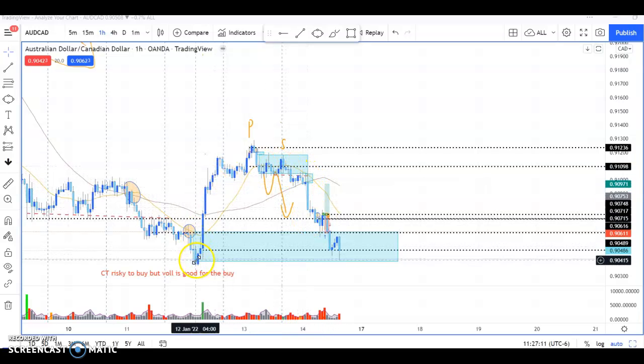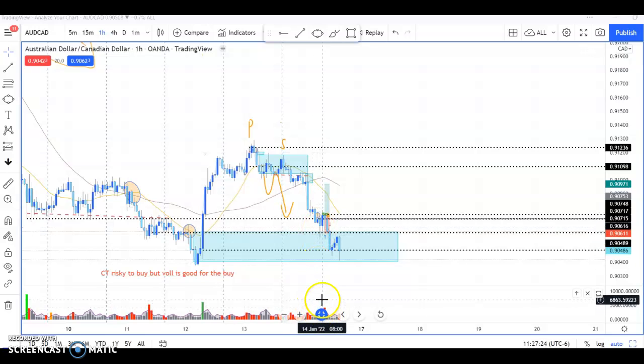So I was kind of looking at this as a push up and then a pullback with no volume. And then in this area, it reacted fairly strongly when it hit this trap area. And there was some increasing volume down here in this area. So with that said,